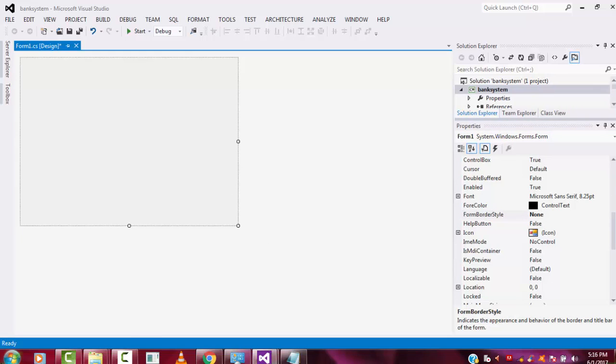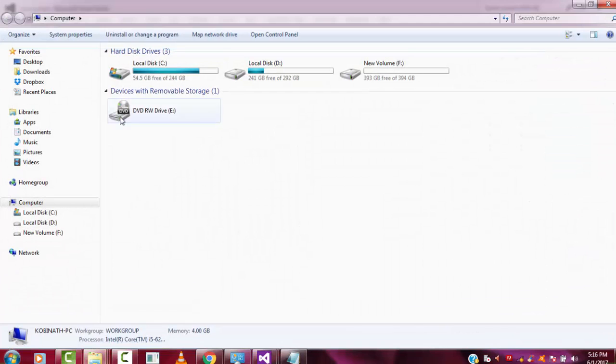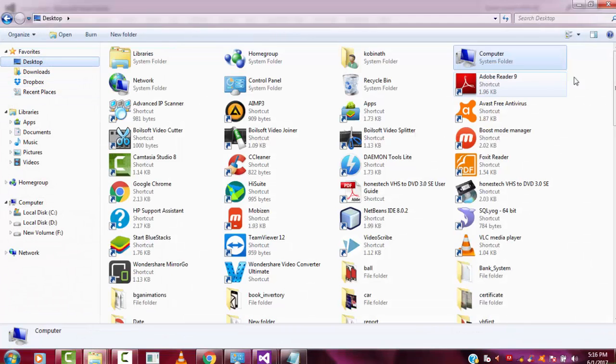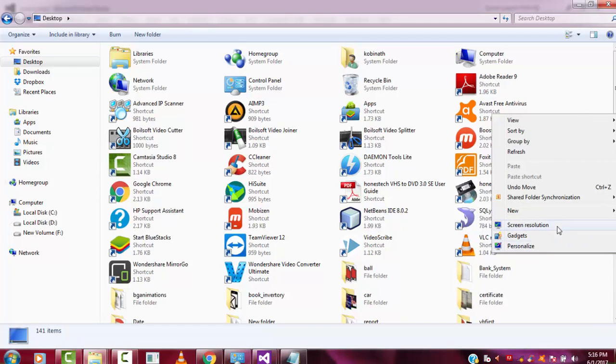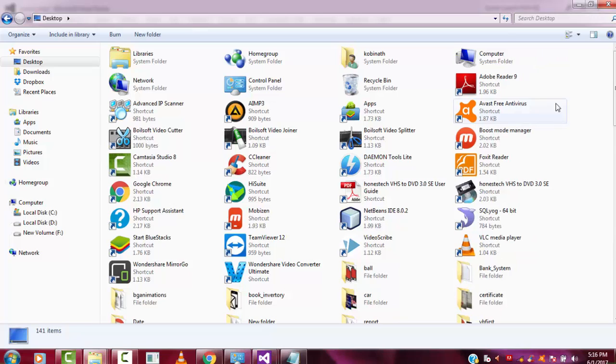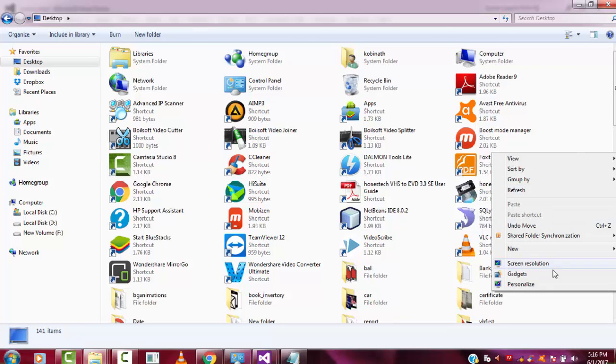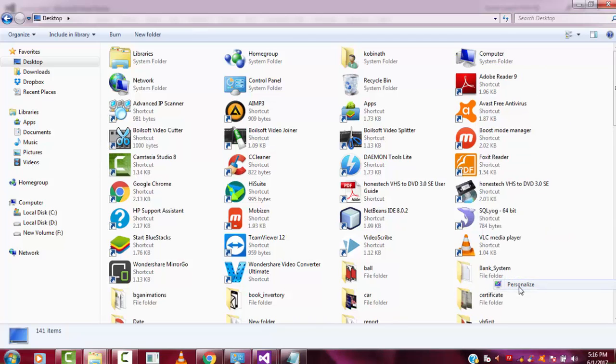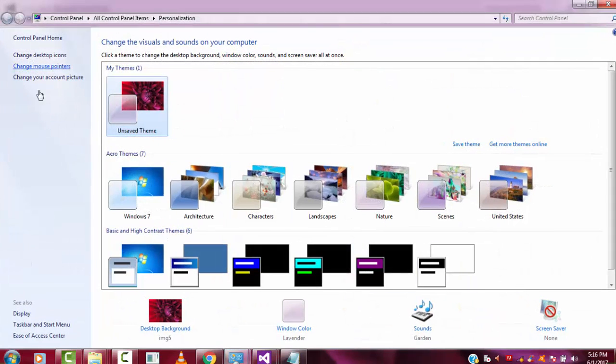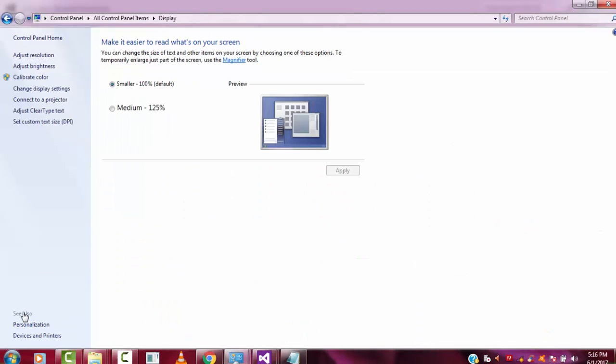After that, you have to get the resolution of the screen. So click anywhere on your computer and select Personalize. Here select Display. Here you have to select Adjust resolution.